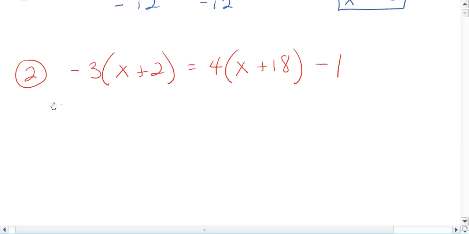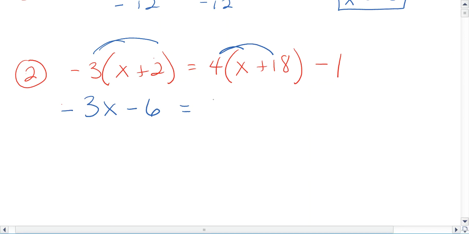This next example, we're going to combine two skills. First, we're going to use our distribution property, and then we're going to do the undoing method. So just remembering your distribution, this negative 3 has to be multiplied by both terms inside the parentheses. Negative 3x minus 6. Likewise here with the 4. So we end up with